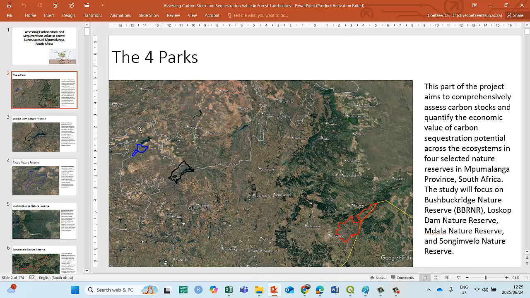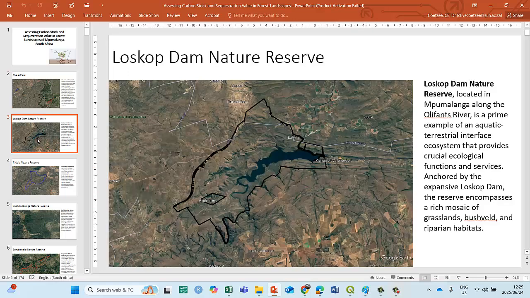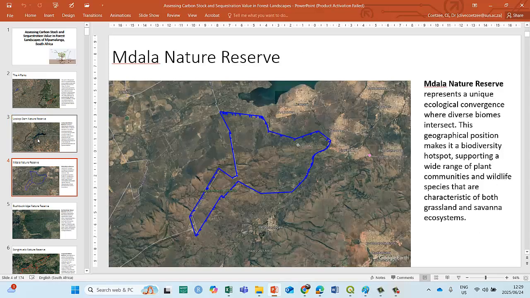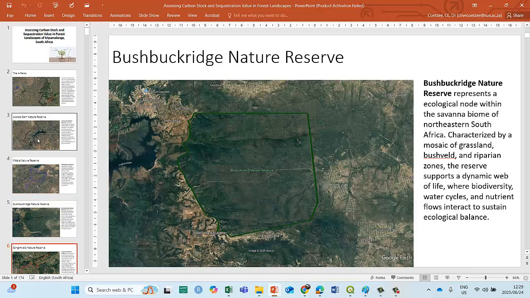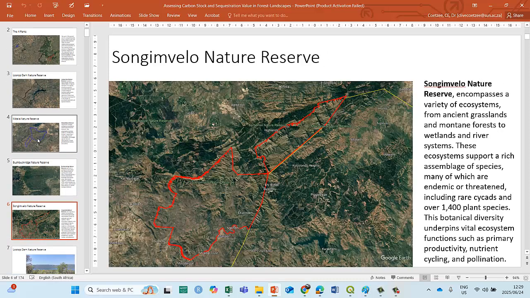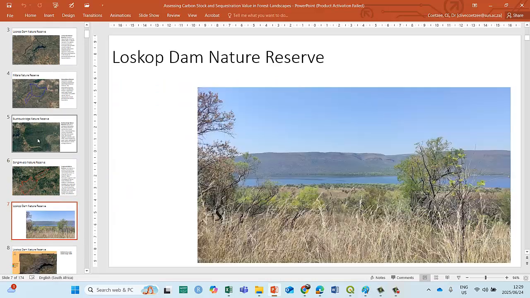Just as a recap, remember, we've got the 4 reserves: Loskop Dam, Medala, Bushbuckridge, and Songemvelo. There they sit. A little bit on Loskop Dam. Let's give you a bit of a picture of how Loskop Dam looks.